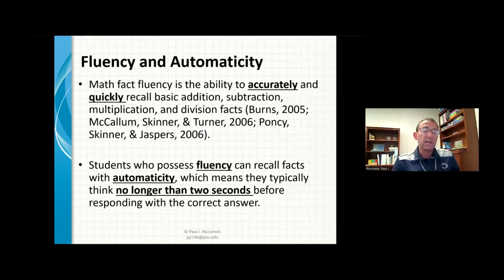Automaticity is when you're answering without thought. So that was a big one: without thought. Now, I said bonus points if you use working memory in there. So automaticity is answering without using your working memory, or limited. So it's retrieved from long-term memory, and it's not bogging down your working memory. Now, as a rule of thumb, most people will define automaticity as no longer than 2 seconds.